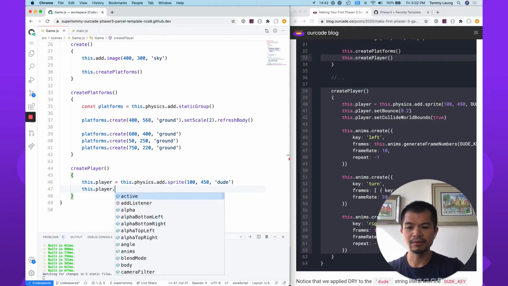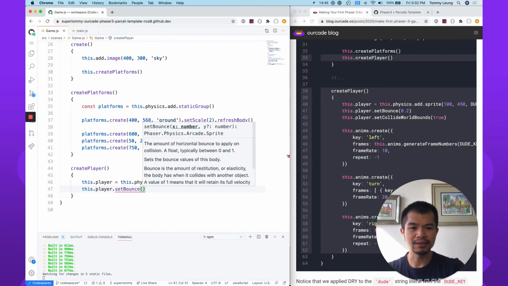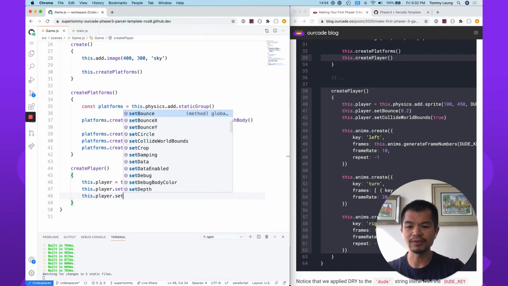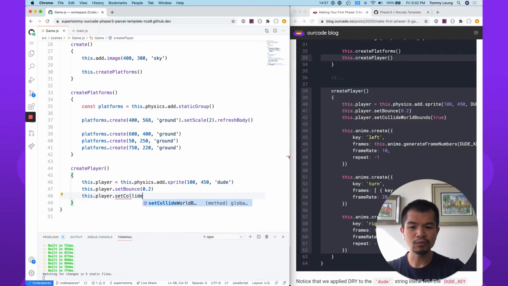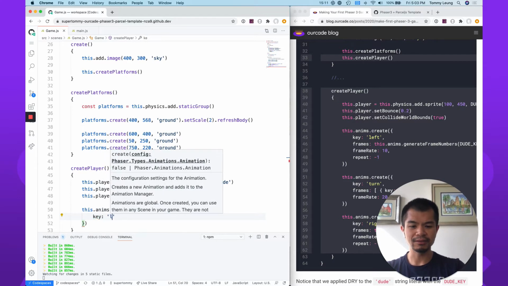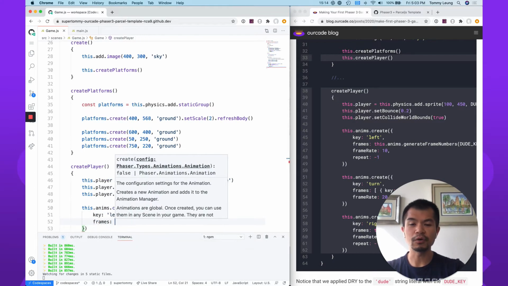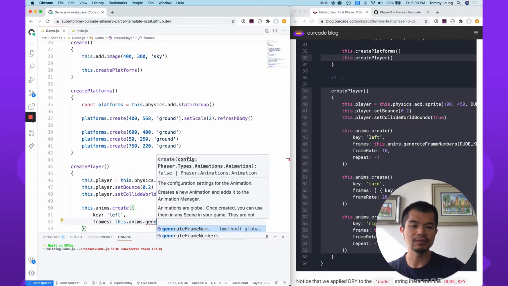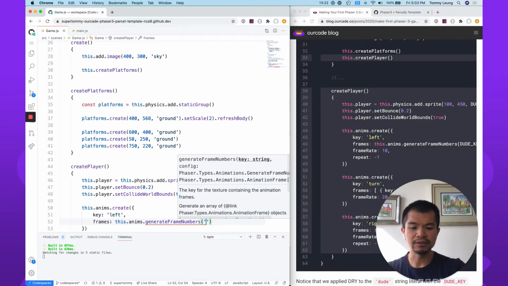That's pretty good. this.player.setBounce. Right, look at this, IntelliSense is just good. I mean, so I think sometimes, at least I've heard, folks trying this out and not getting IntelliSense in their setup for some reason. It should work perfectly in Codespaces just because the environment is set up specifically. So you do minimize problems. Obviously, with computers, things can always go wrong, bugs. But it should minimize situations where your environment is different than my environment or someone else's tutorial that you're looking at. Any number of reasons why